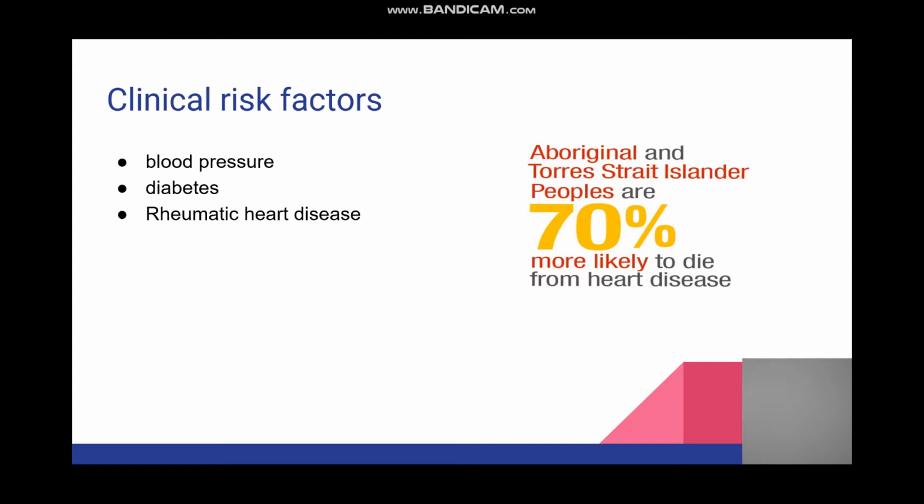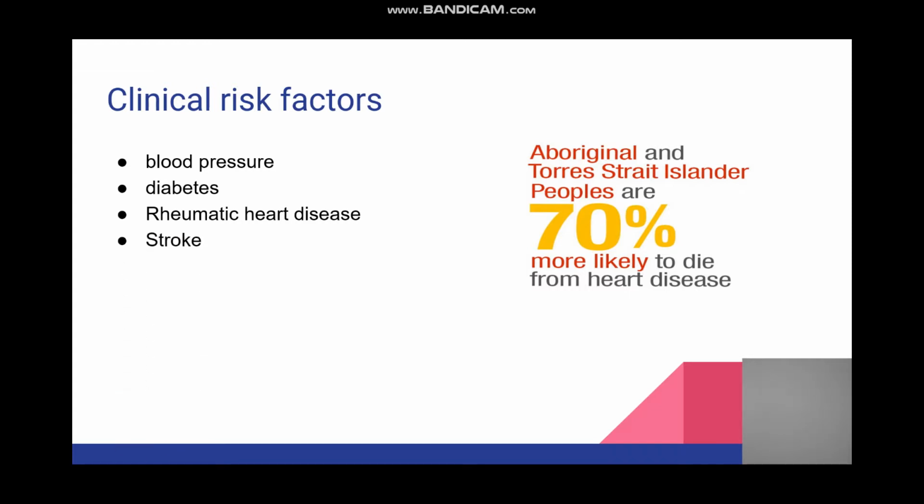Between 2005 and 2010, all cases recorded for rheumatic fever were of Torres Strait Islander people and Aboriginal communities. Indigenous people are 69 times more likely to develop rheumatic fever as compared to non-Aboriginal people. Rheumatic fever can be commonly seen in young adults and adolescents in Aboriginal and Torres Strait Islander people, which is 8 times more than other Australians.